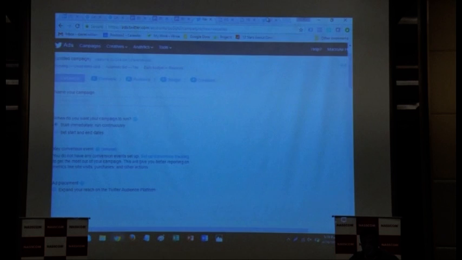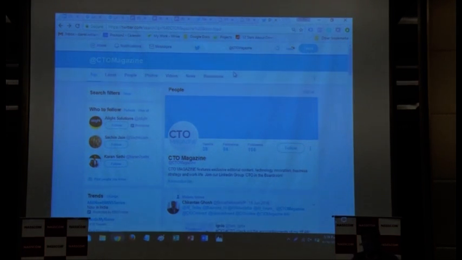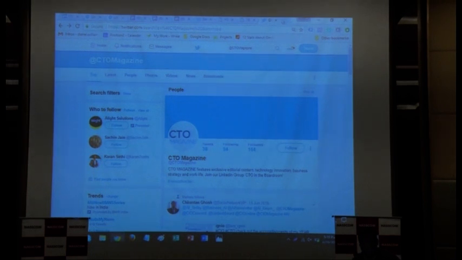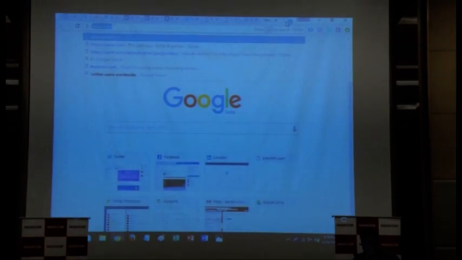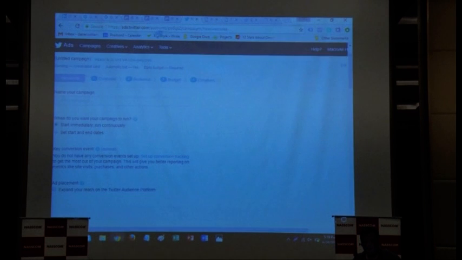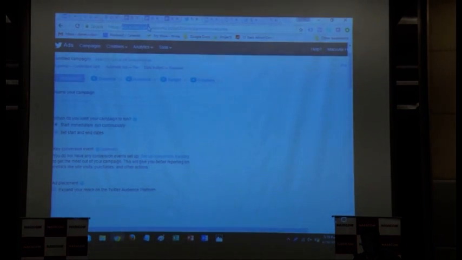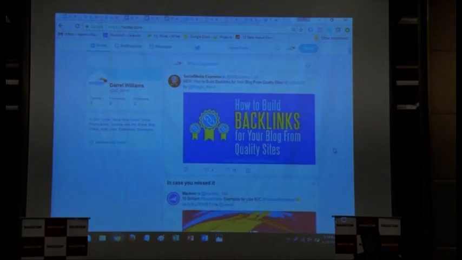So the way to do that is, first of all, you need to have a business page on Twitter. Once you have a business page, you just come to Twitter. The easier option is you just type in ads.twitter.com, once you have a company page in place. The other option is if you're coming to Twitter, then on the right hand side,